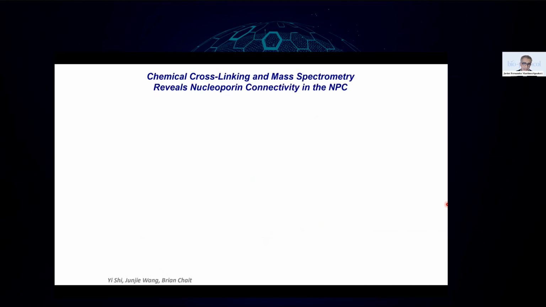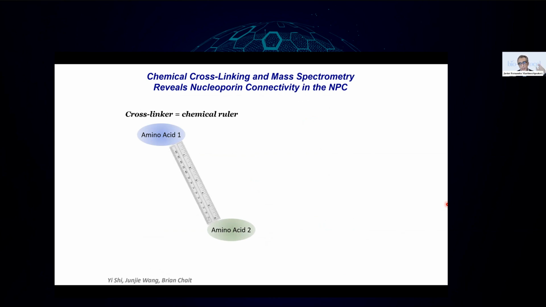Next, to get the connectivity of the different parts of the nucleoporins of the NPC, we use, again in collaboration with the laboratory of Brian Chait, Yishi and Junji Wang, chemical crosslinking with mass spectrometry readout. That consists of basically using a crosslinker, a chemical ruler. A crosslinker is a chemical that has an arm of very defined length with two reactive groups on both ends of that arm. These reactive groups can